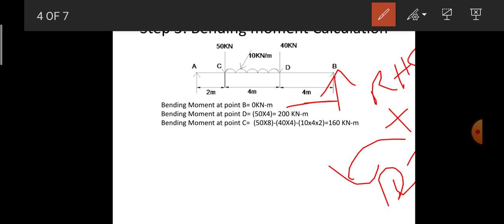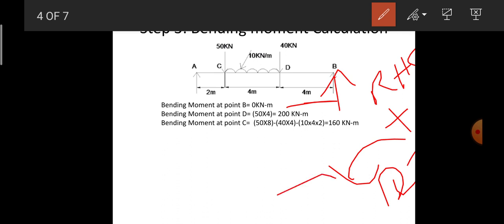So next is 10 kilonewton per meter. So it is a UDL which is acting. So therefore moment is considered to be force into perpendicular distance multiplied by the maximum moment distance, that is nothing but the centroidal distance. So force here is 10, the distance here is 4, so multiplied by 4 by 2, that is nothing but the centroidal distance. So exactly at the centroid it will be acting the maximum moment, so therefore it is 4 by 2. So after simplifying all that we'll get the value as 160 kilonewton meter.